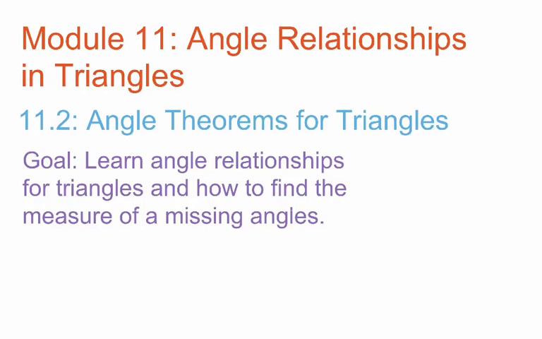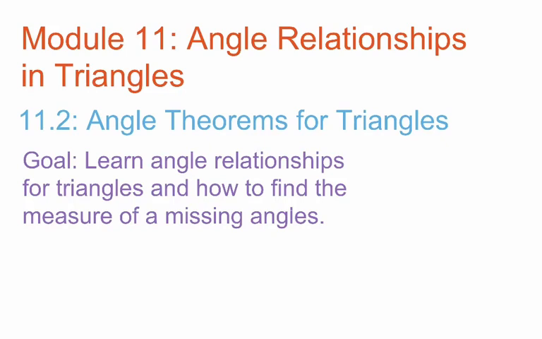For our next lesson, we're going to be looking at Module 11, Angle Relationships in Triangles, and we're skipping over Module 11, Lesson 1 for now. If we have time, we'll come back to that later. But for 11.2, we're looking at angle theorems for triangles. And our goal for this lesson is to learn angle relationships for triangles and how to find the missing measure